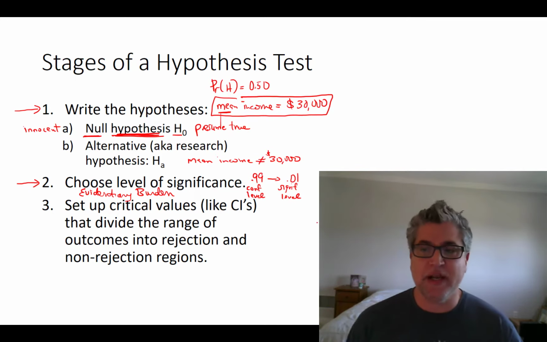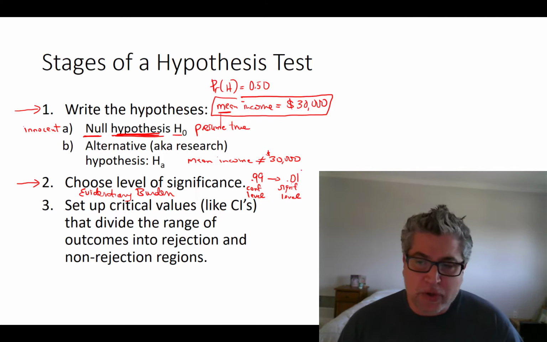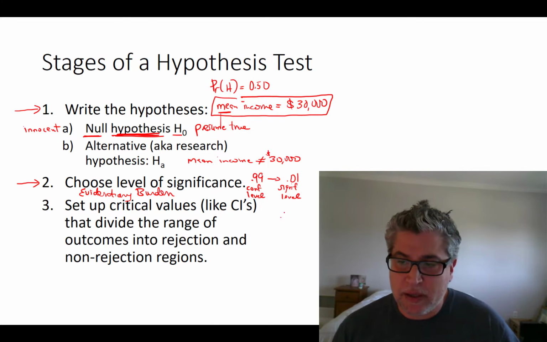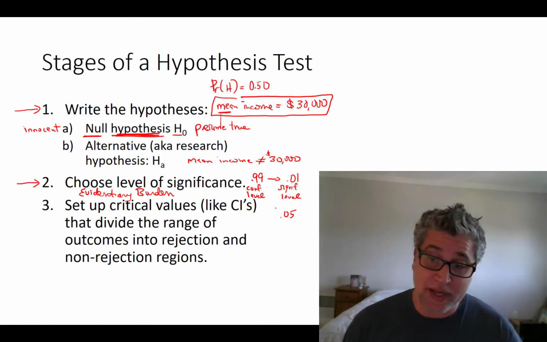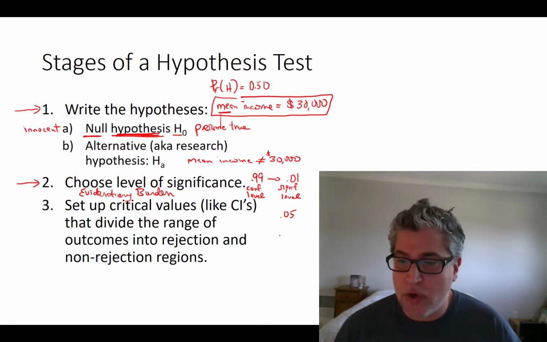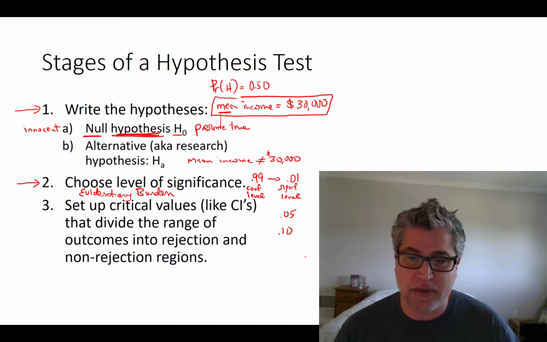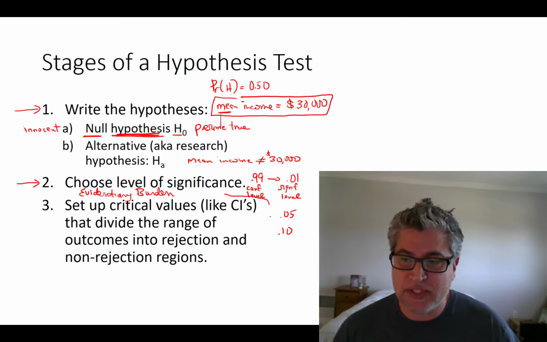But we establish that ahead of time. The other common ones are the 5% significance level, corresponding to a 95 confidence level, or the 10%. So you need to kind of decide what is your evidentiary burden. You got to pick one of these